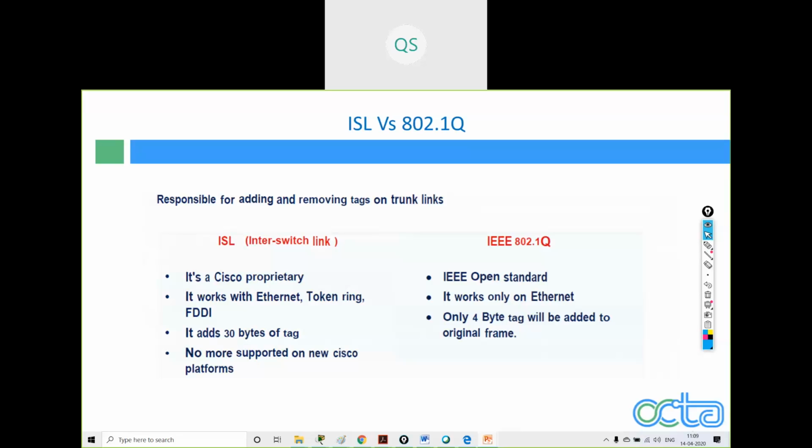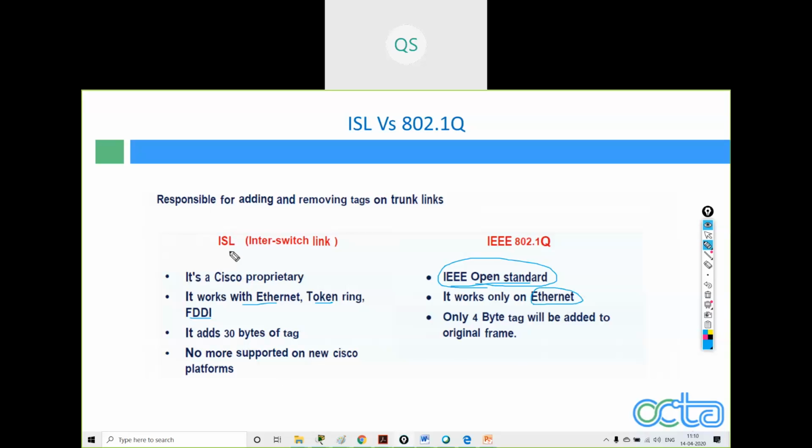The first one, ISL, is Cisco proprietary, meaning you can use it only on Cisco devices. IEEE 802.1q is an open standard protocol, so it has been used widely. It works with Ethernet, Token Ring, and FDDI. It only works with Ethernet frames.